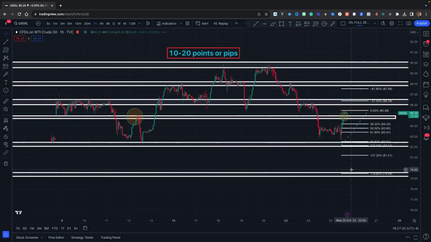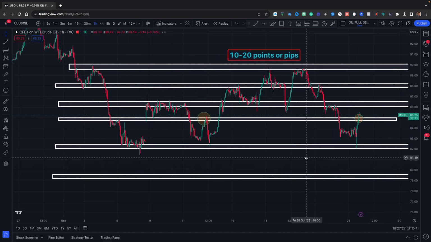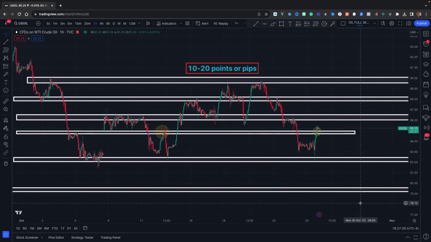So what I wanted to do here is get rid of these fib levels to just leave the chart clean again, so you can see that I just wanted to give you these levels. These levels work. Trust me, they do. You just have to decide your risk and where you are going to wait at these levels. And just because you get stopped out on a 4 or 5 point loss, let's say on a buy, keep watching the